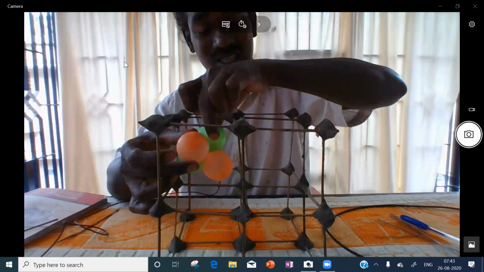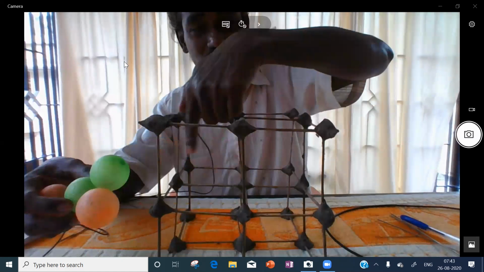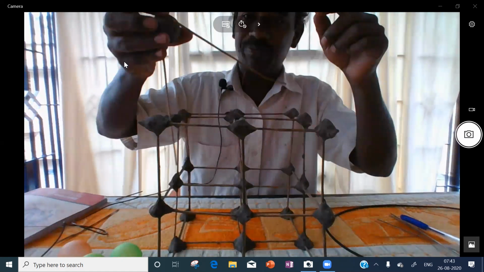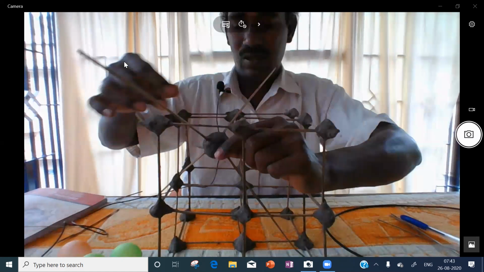Think whether it is a tetrahedral void or not. Where is the tetrahedral void forming? Is it forming in this small cube, in the center of this small cube? Think and say. So now we will see regarding this.